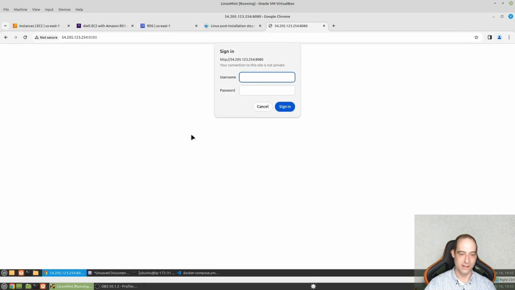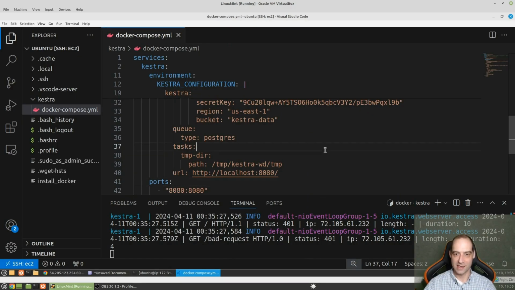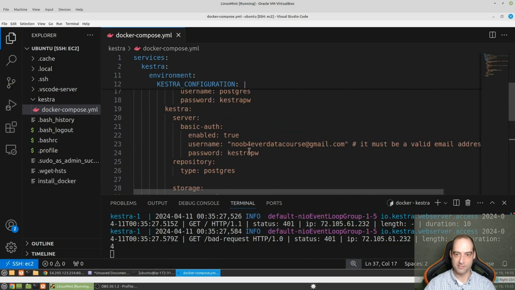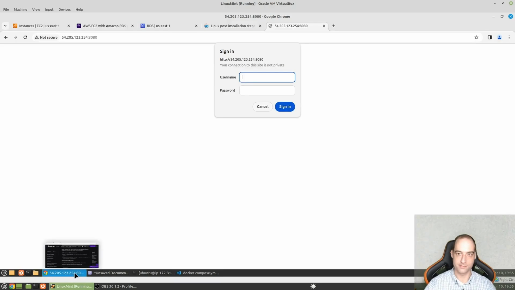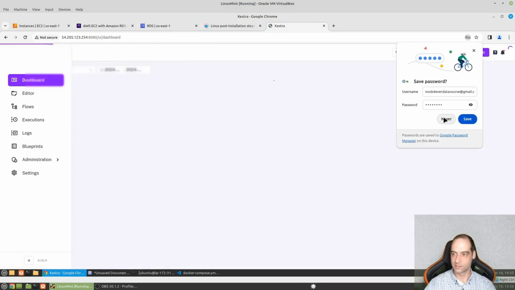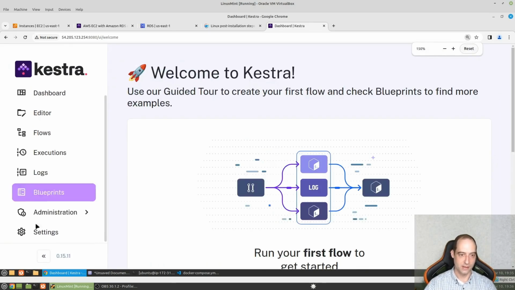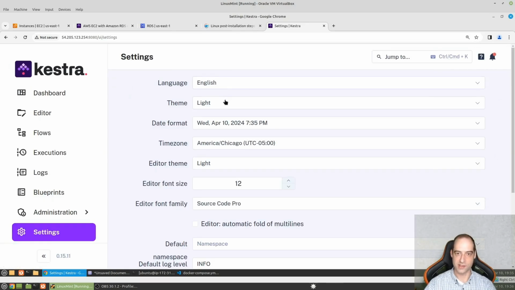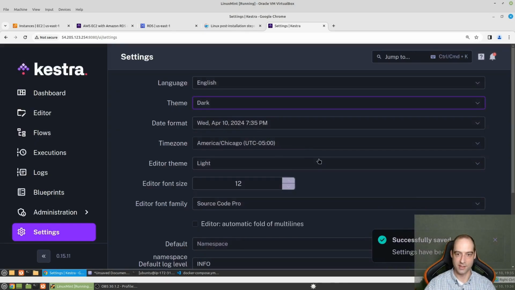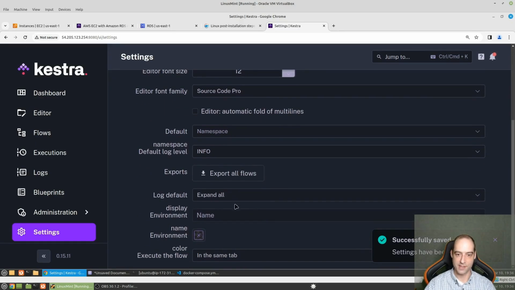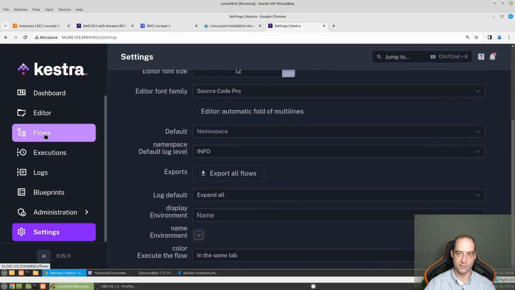All right. And again, with my bad memory, I need to remember the username and password. So I'll just copy that and Kestra PW for the password. Beautiful. Make that a little bigger. And we will go ahead and switch to dark mode. I think it just looks a little nicer. Has my right time zone. That all looks good. We can go to flows